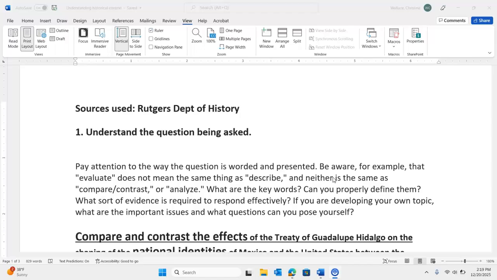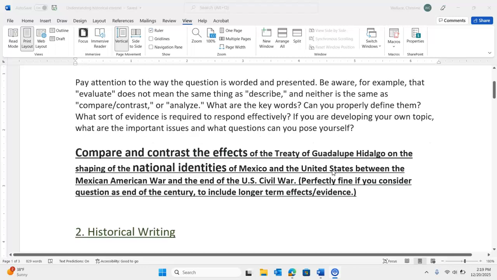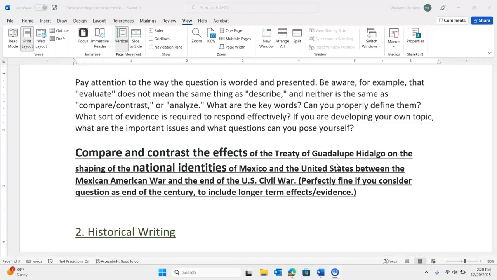And in the case of the compare and contrast question for the IB exam, we know that we have a very particular demand for the question. You are looking at the effects of the Treaty of Guadalupe Hidalgo. So you want your essay to really focus more on the effects and the aftermath of the treaty. You might have some initial context, say in an introduction, about the Mexican-American War and about the treaty terms. So that might be interesting to have, but your essay is not really about the development of the treaty